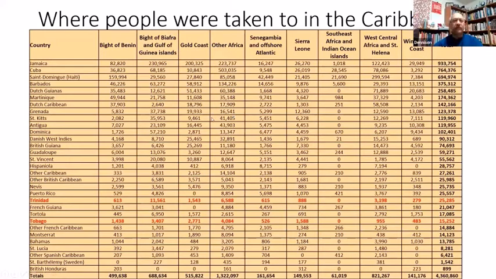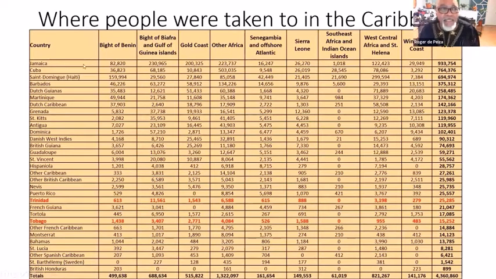Over what period were the people taken to Trinidad and Tobago? We only have 25,000 there. This is the 400 years. This is all the boats in the database that they have of all the ships, the number of people each ship had, where they embarked from, where they disembarked to, how many people died, and so on and so forth. I just extracted this data.